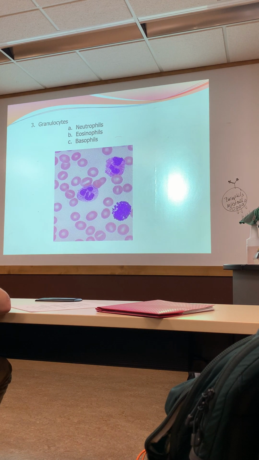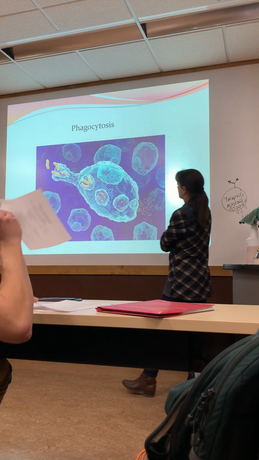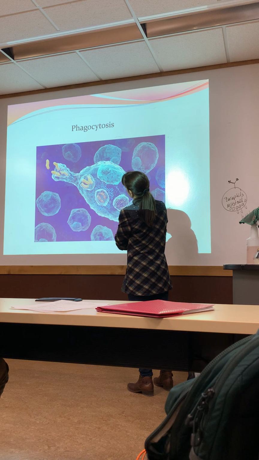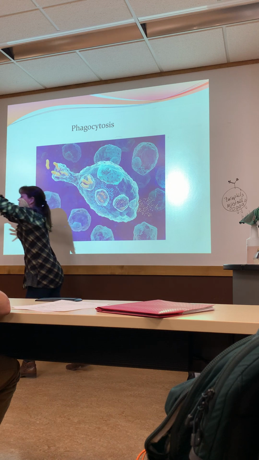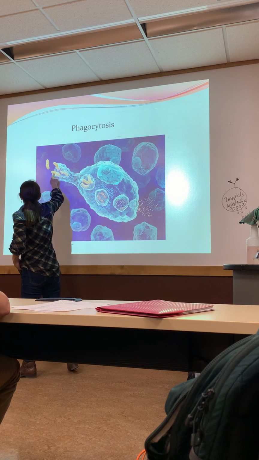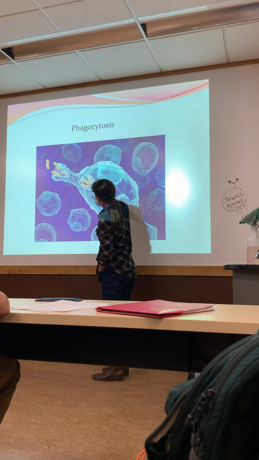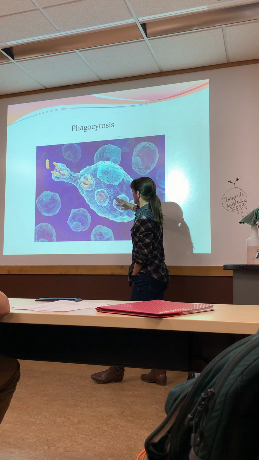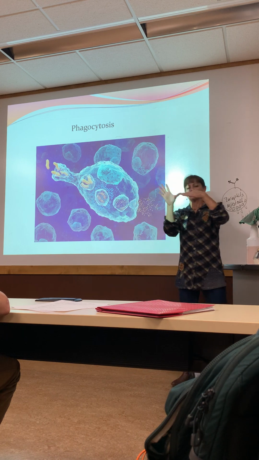So, a little bit of review of our white blood cells. I like this picture. Looks like I found it online. Here's a phagocytic cell reaching out and engulfing, so it reaches its cell membrane out and surrounds bacteria, pulls it in. Now it's in a little membrane-bound sac. Fuses with a bunch of lysosomes. The lysosomes have those enzymes that chop up the contents, and then they are exocytosed out the other end.